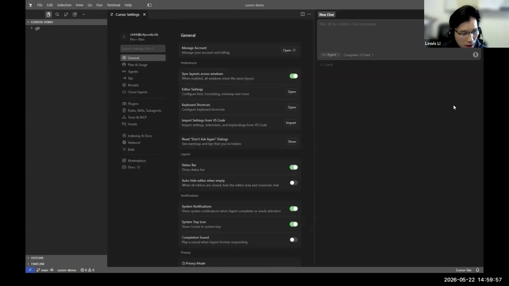And apart from this setting, let's see. After you log in, you can easily change the setting using the gear icon here. But for the latest version, the setting is not here.